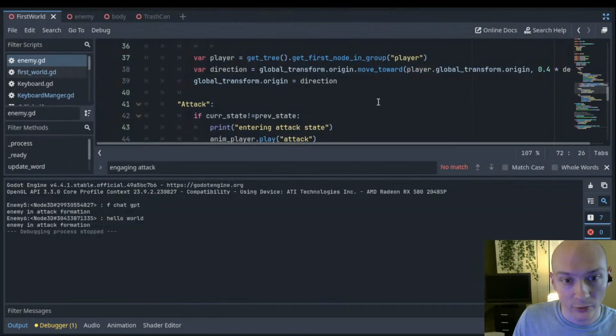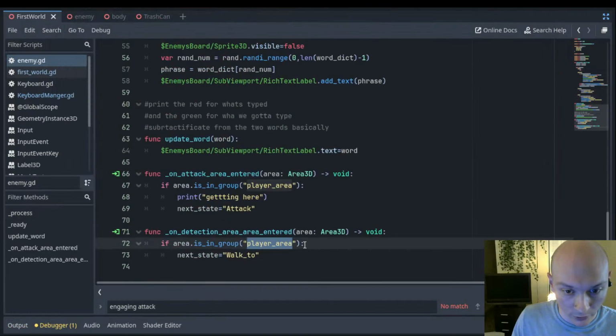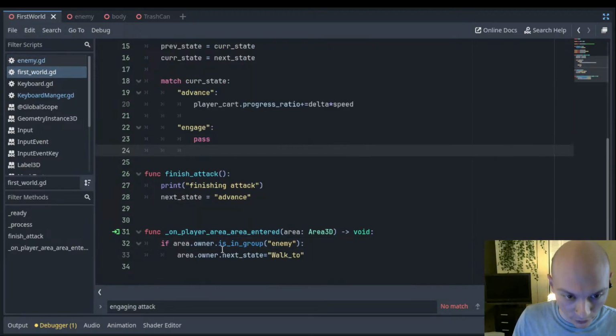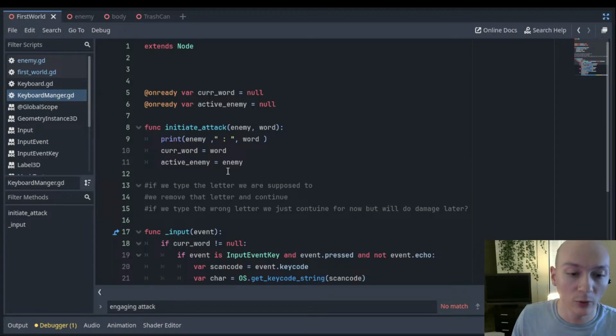Okay, so it looks like we're not contacting our keyboard manager anymore. So let's go back to our first world. If area.owner is in group enemy, walk to. Okay, so we then need to tell our keyboard enemy